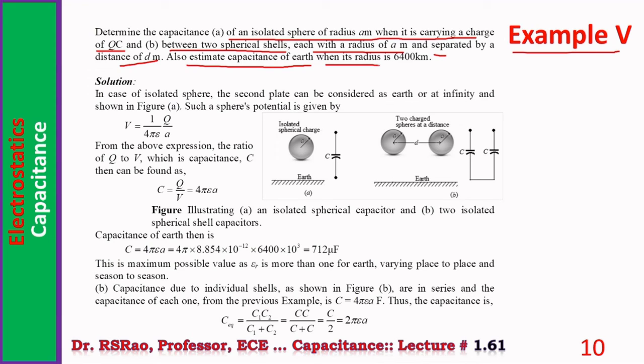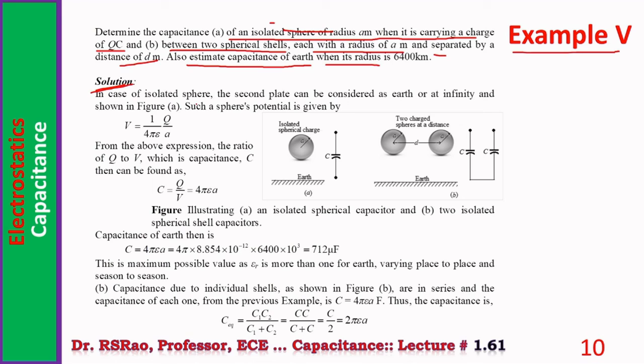Before going to the solution process of the problem, one point is required to be mentioned here. A capacitor is supposed to have two plates or two conductors, and it is the situation usually normally, but capacitance can also exist in case of a single plate capacitor. In such case, the second plate is assumed to be at infinity. With this understanding, let us move to solution process.